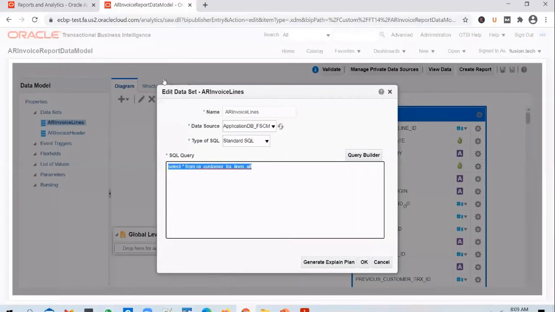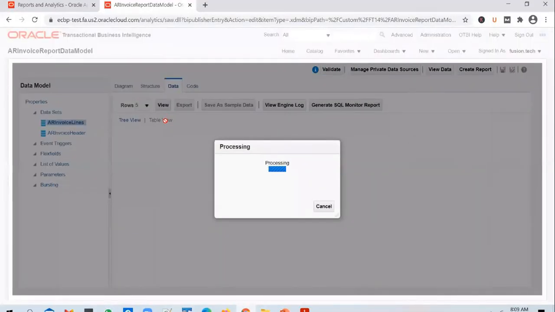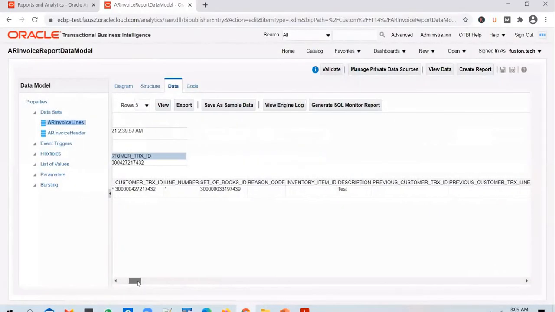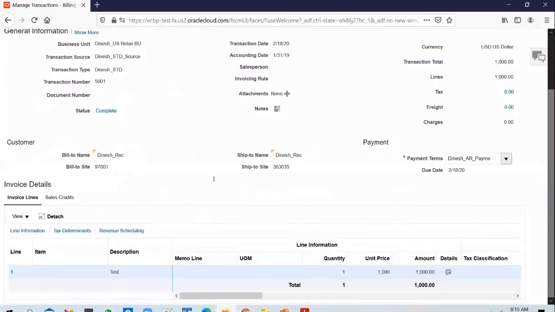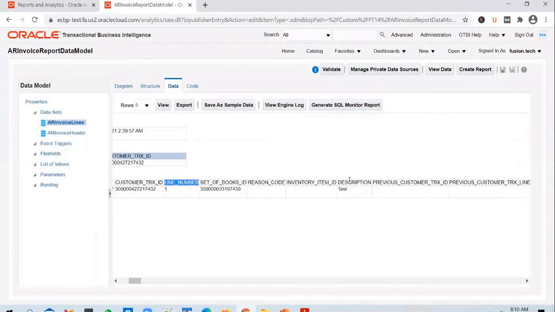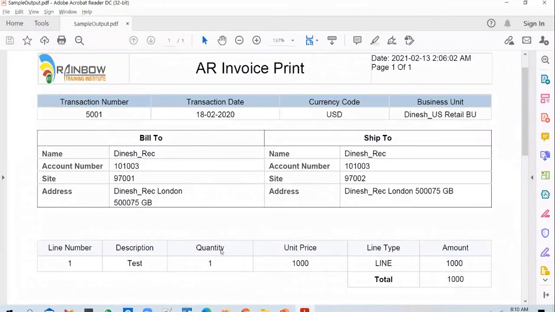We go to the data tab and let's copy the column names from there. We need to copy the line number. So copy that field. Comma. And we need the description. Copy it. And apart from description, what do we need?